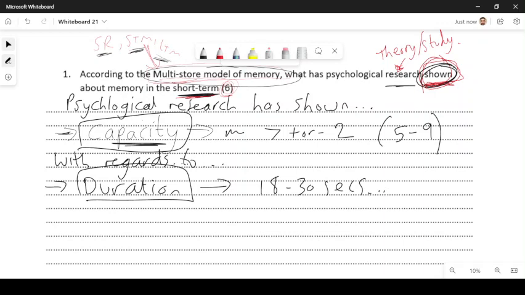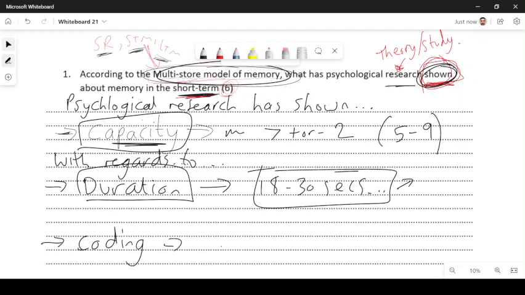Again, because it's saying according to the multi-store model of memory, and all these little mini studies are doing is providing support for it, you could make reference to Peterson and Peterson briefly. You don't want to go off too much on a tangent, but you could say this can be increased using maintenance rehearsal, just to again show the examiner you know it a bit more there. And if you deem necessary, again it's that depth versus breadth, you could then finally talk about coding,